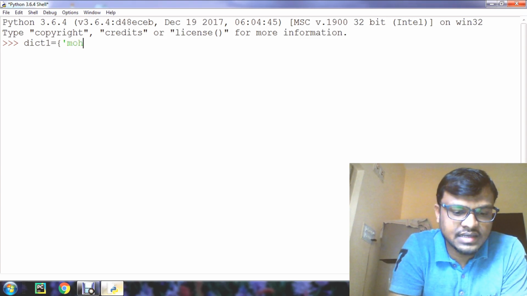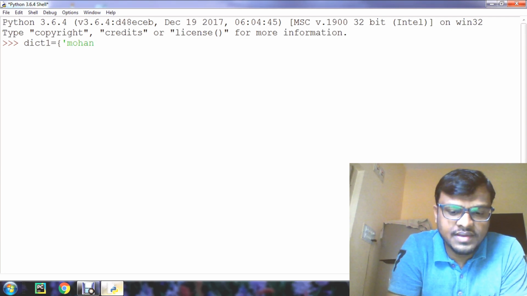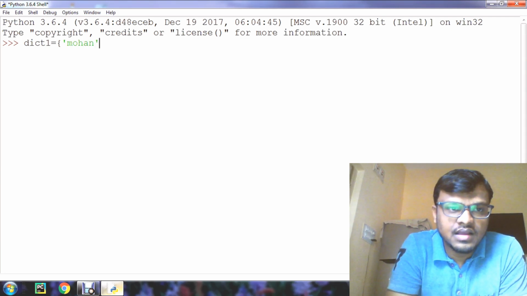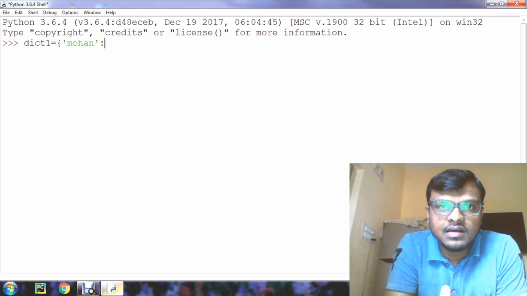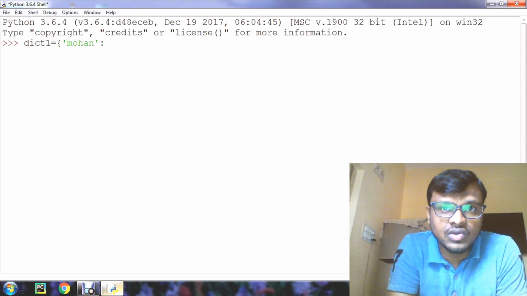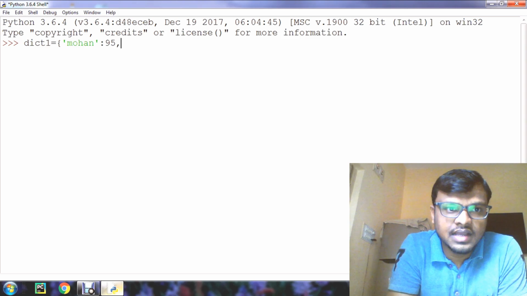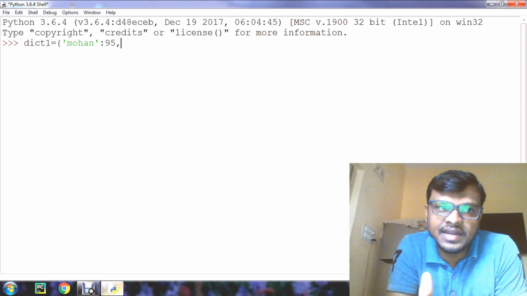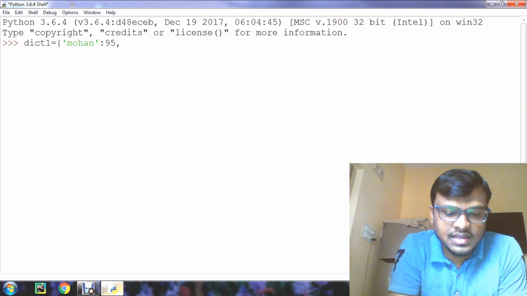Let us take Mohan, and keys should be separated by a colon, so use colon, and marks, and each item should be separated by a comma.